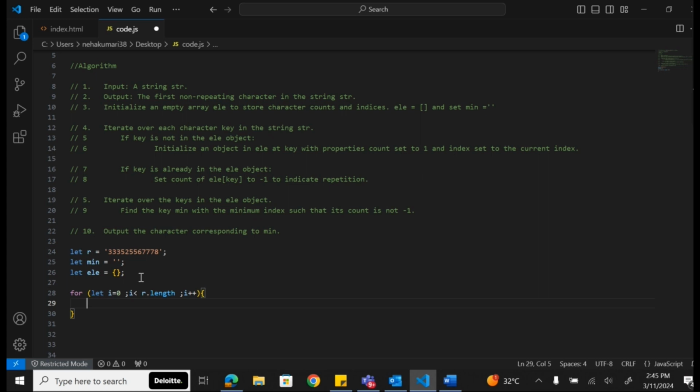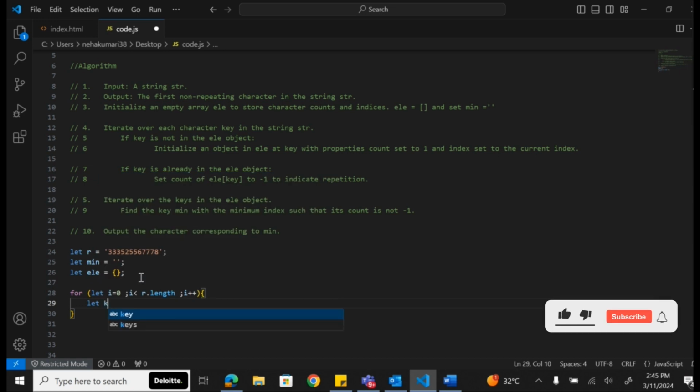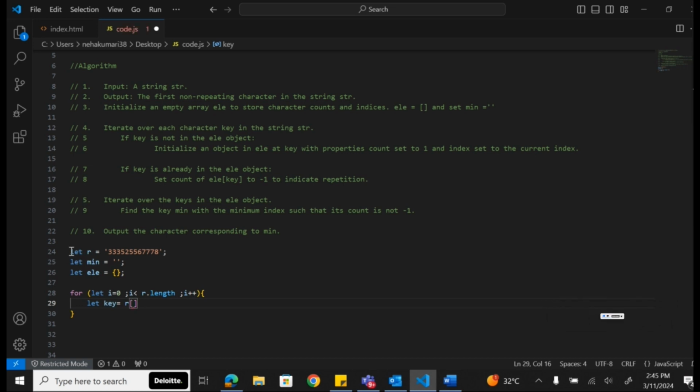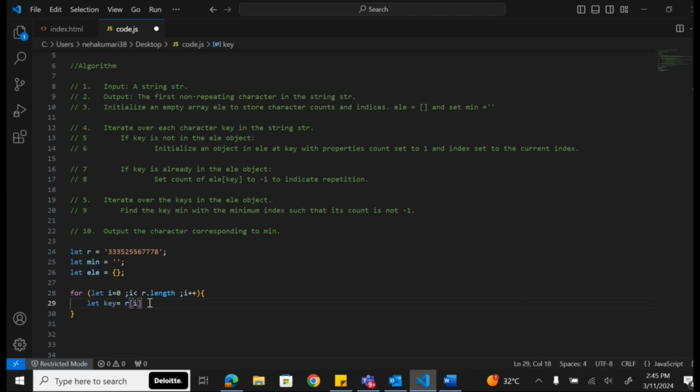Then the next step would be let key equals r of i. So the first element, let's say in our case, I will assign it to a variable key. Then if